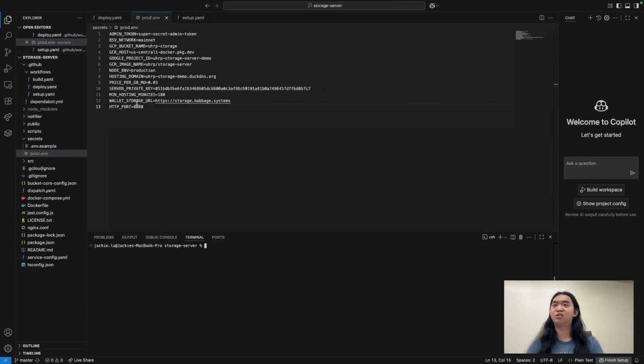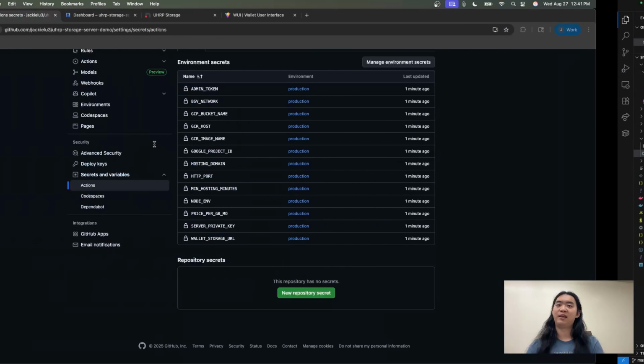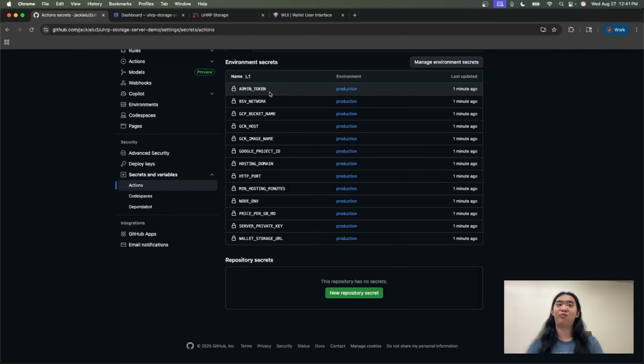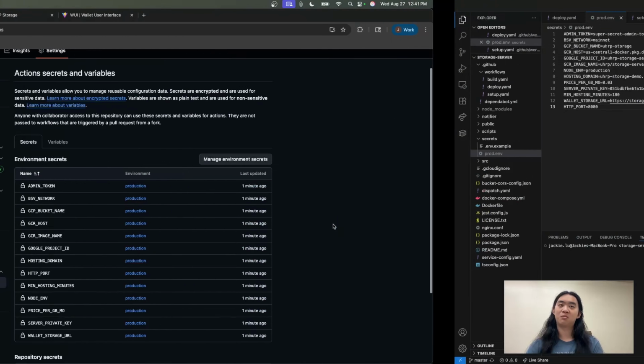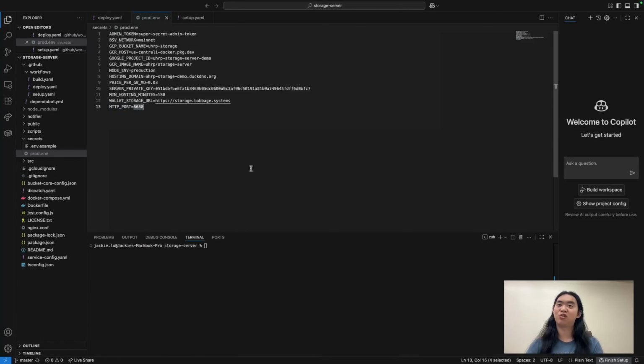And all of these should match these. The reason to keep this prod.env file is because there's no way to view the GitHub secrets once you've set them. So having this here just to have a sanity check for everything could be very useful in the deployment